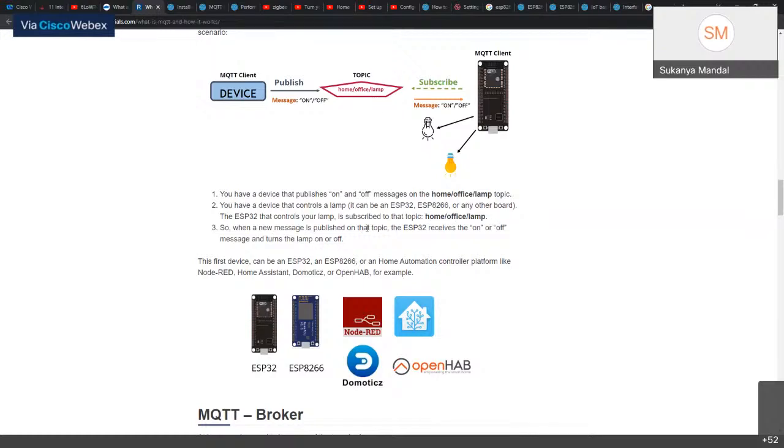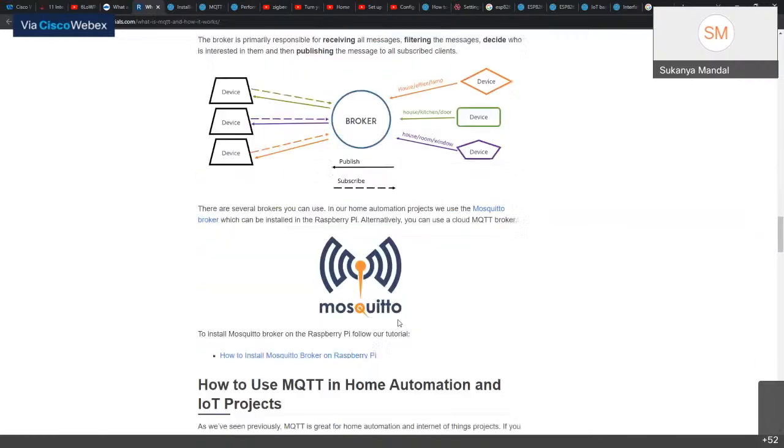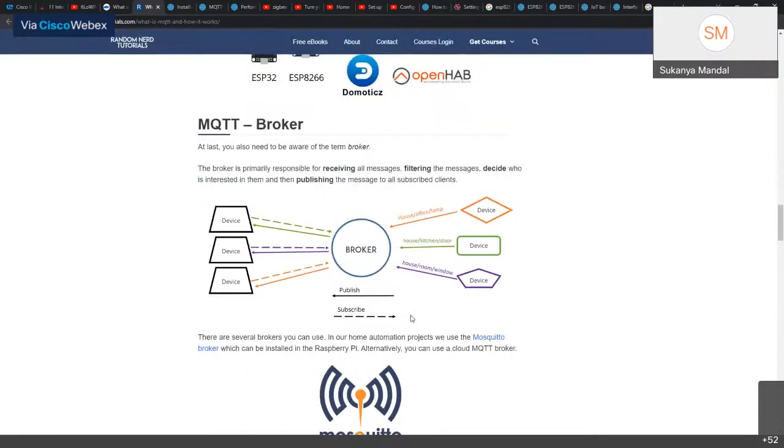So when a new message is published on that topic, the ESP32 receives the on and off message and turns the LAMP on and off. The first device can be an ESP32, an ESP8266, or a home automation controller platform like Node-RED, Home Assistant, Domoticz, or OpenHAB.